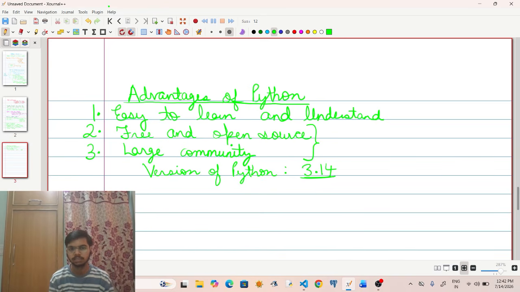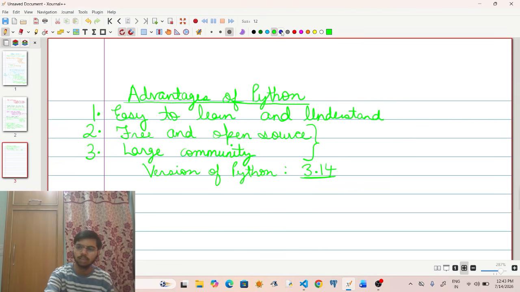When the first version was there, some things to write code might not have been so proper, but with time, when people were using Python, due to its free and open source nature, people began saying, hey, this is the thing which should be added in this, and this is the thing that should be removed in Python. So according to that, different versions of Python have come over time, and each version has become better to some extent.